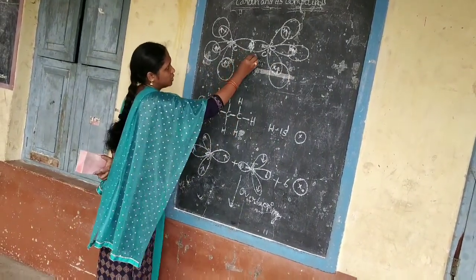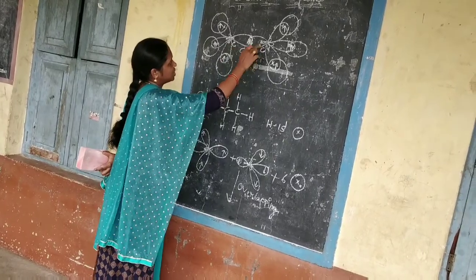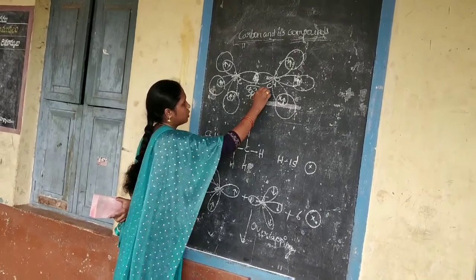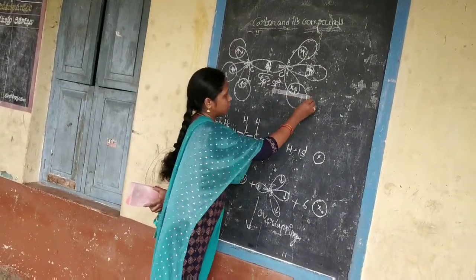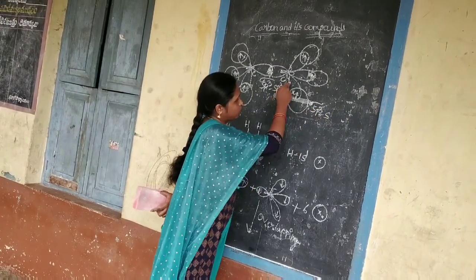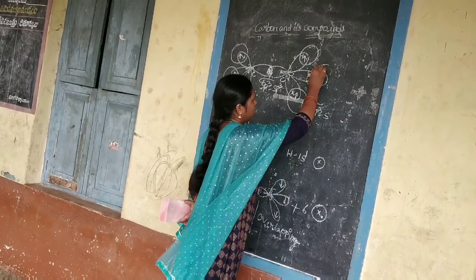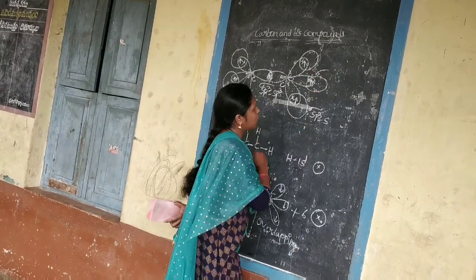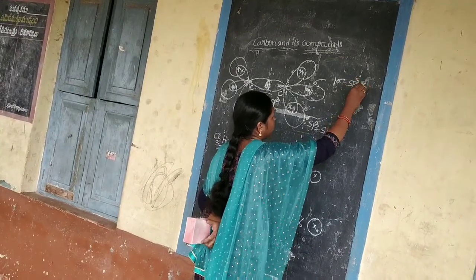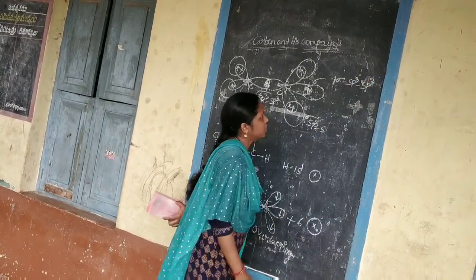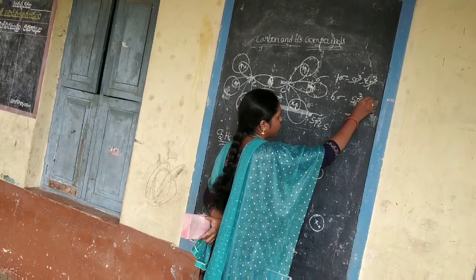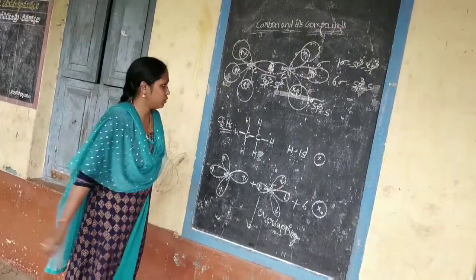Here the first sigma bond formed between the C-C is the sp3 hybrid orbital of one carbon and the sp3 hybrid orbital of the other carbon. Here it is a sigma sp3-sp3 orbital of carbon and s orbital of hydrogen. That means here 2 types of sigma bonds are formed. One sigma bond is due to the overlapping of sp3 and sp3, and 6 sigma bonds are sp3 orbital of carbon and s orbital of hydrogen.